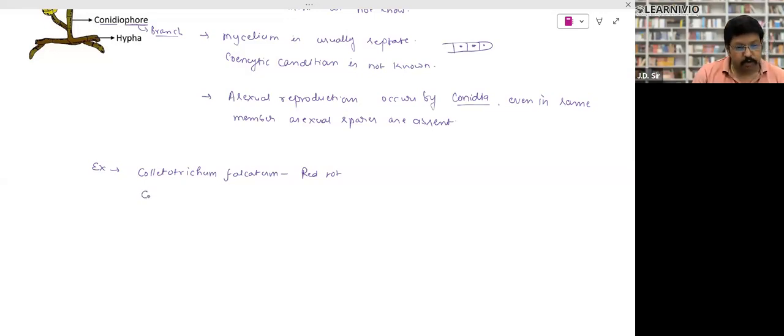Sarcospora. Try to at least remember the first name, that is the genus name, Sarcospora. It causes